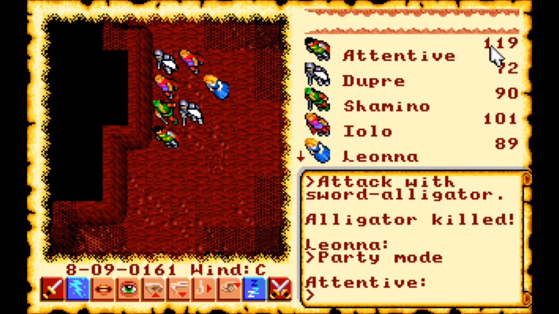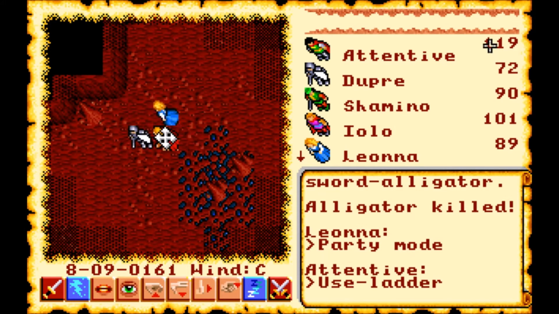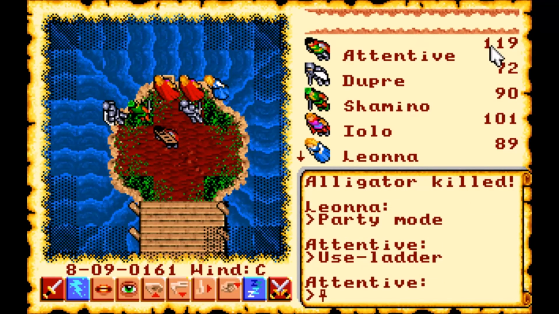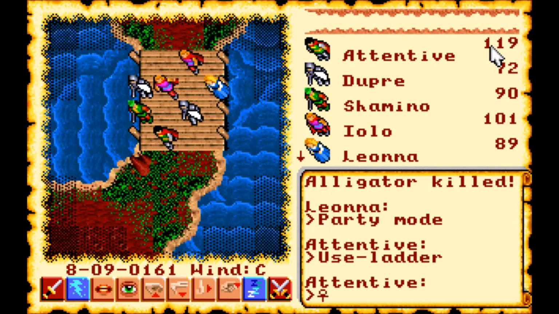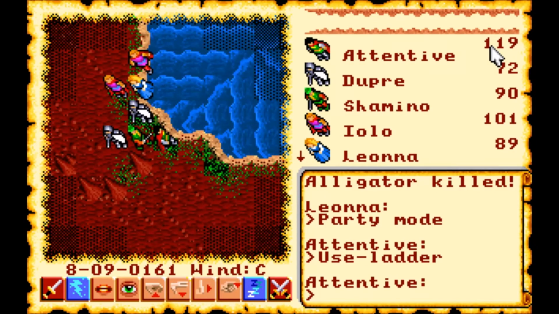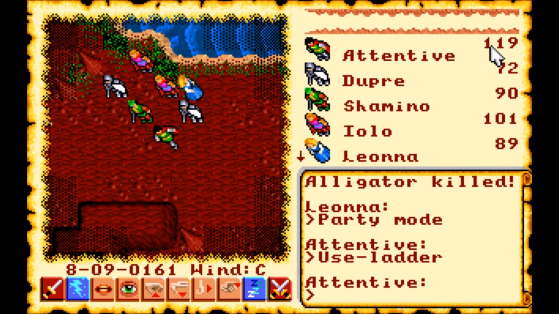Alright, let's find that ladder. There it is. And we're heading down to level 4 of the Swamp Cave. Alright, so we begin on this island here. And if you try to go down this way, down towards the right, if we make our way to the...